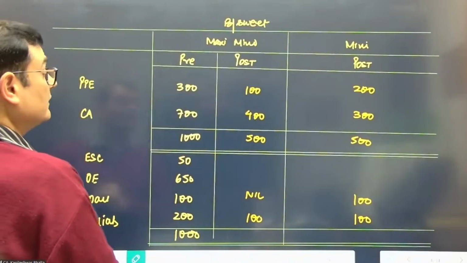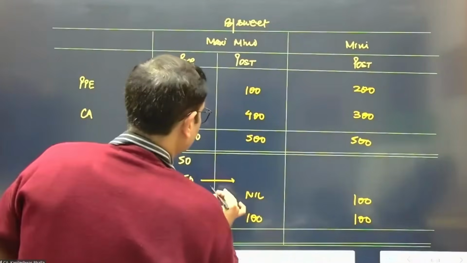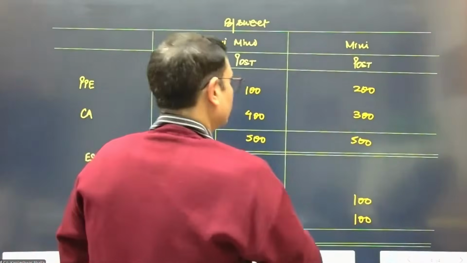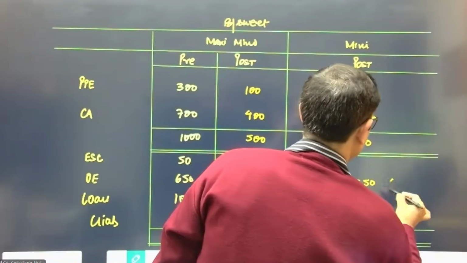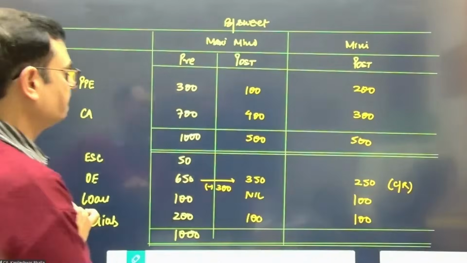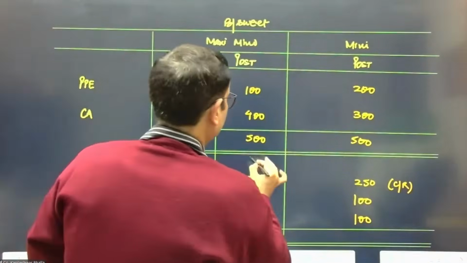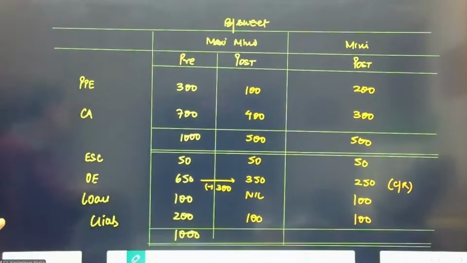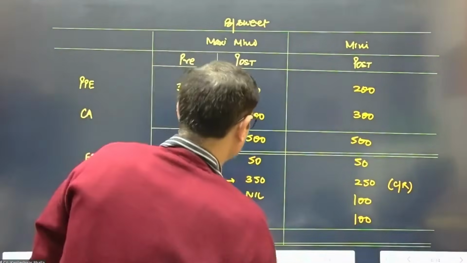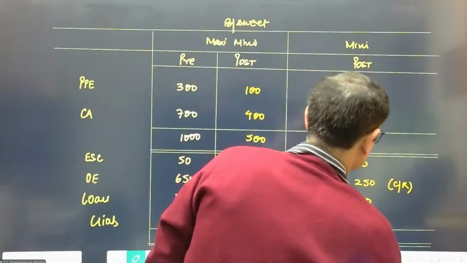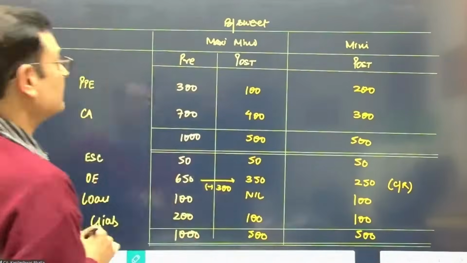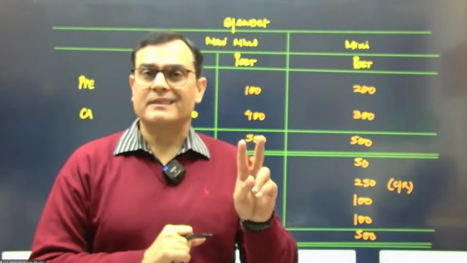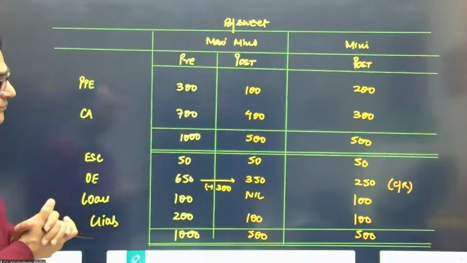Now, as far as the other equity is concerned, from the 650, there was a 300 loss on reconstruction. That makes it 350. There was a balancing figure of 250 in terms of capital reserve, which we had computed. The share capital, of course, remains the same, and he also issued share capital of 5 crore shares of 10 each. So now we can get the total. This is 500, and this is also going to be 500. So this is done. The balance sheet of the company Maximini pre-post demerger is done. Second requirement of the question stands done.